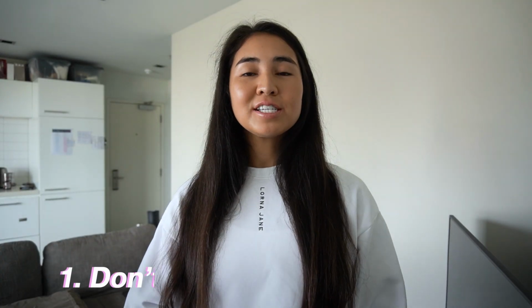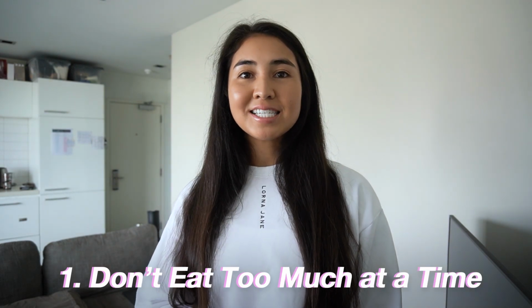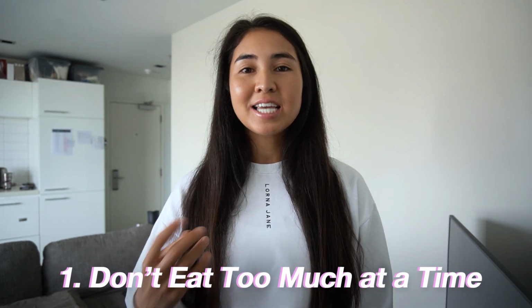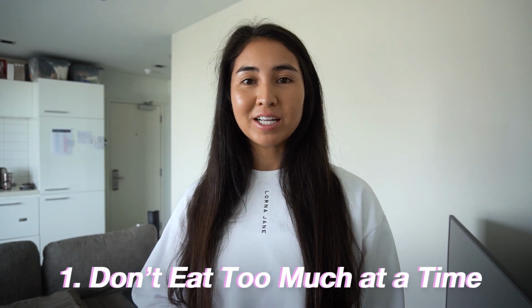The first tip is don't eat too much in one go. If you're someone that likes to have big meals like myself, you might find that you have the tendency to get bloated more often because you are putting more food into your stomach at one time. So instead of having 3 larger meals, you might decide to split your meals up throughout the day and have smaller meals so that you have time to digest it and you're putting less food into your